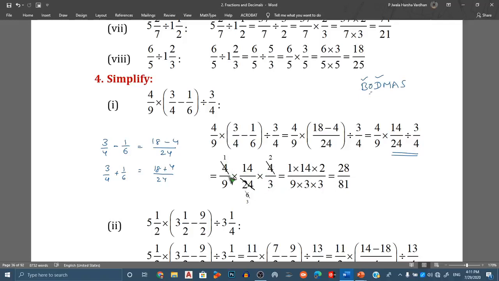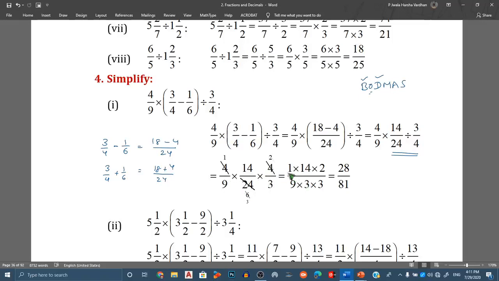You can cancel vertically and crossly also. You can take this number and this number, any number crossly and vertically also. 14 and 24 you can take. Like that you can use the cancellation method. Now I am taking 4 and 24 because these two are even numbers. We can cancel with the 4 table: 4 ones are 4, 4 sixes are 24. Now I am taking the 2 table: 2 threes are 6, 2 twos are 4, and there is no other cancellation.